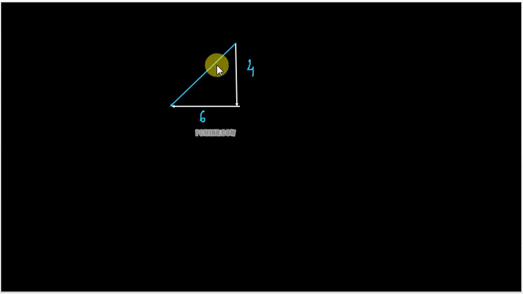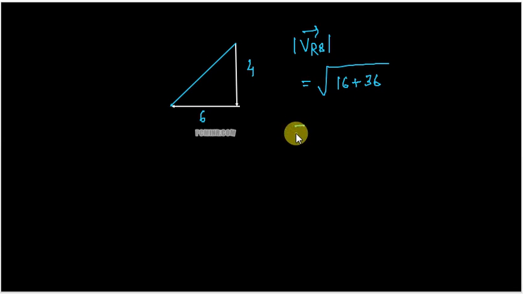So the length of the hypotenuse gives the magnitude of the relative velocity of rain with respect to the biker, that's u. So we have it as square root of, by Pythagoras theorem, 16 plus 36. So we just get square root of 52, which on solving will give you